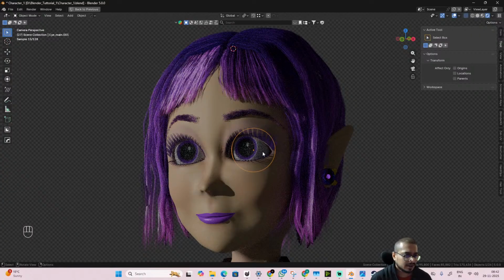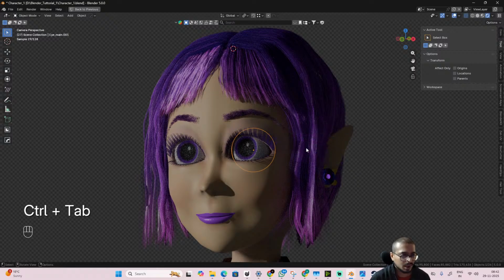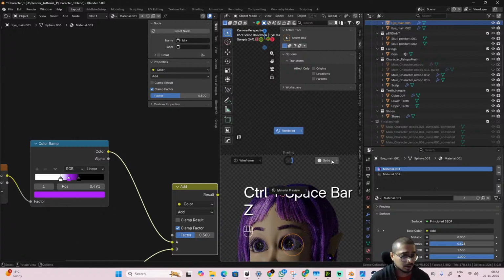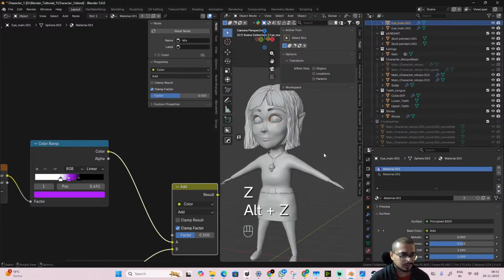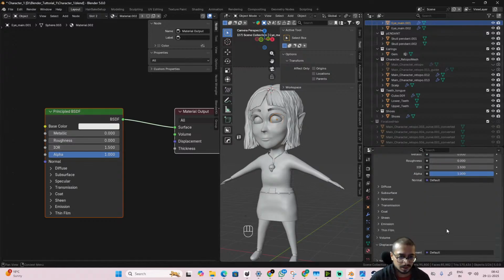I need to fix the outer layer, I guess, of the eye. I'll come to object mode. Oh, sorry. Solid viewport first. I'll turn off this and go to my